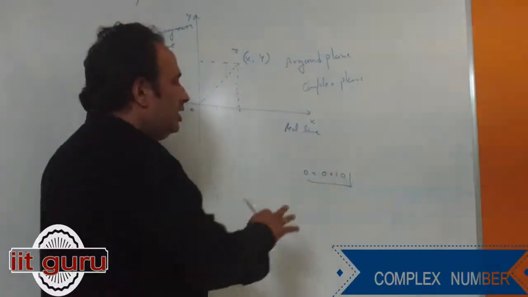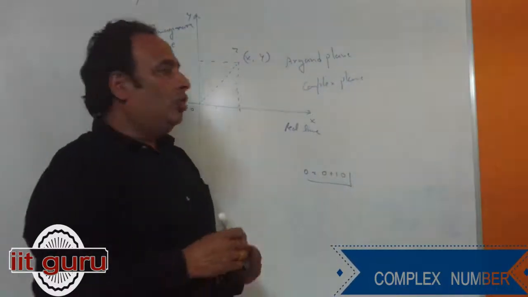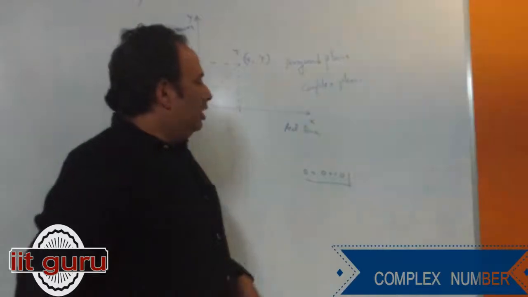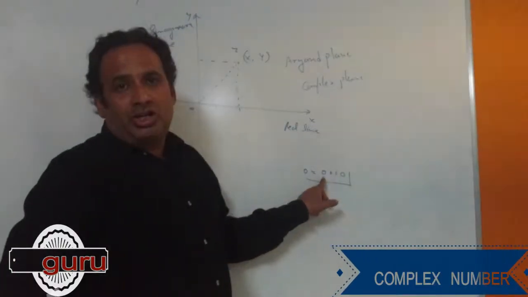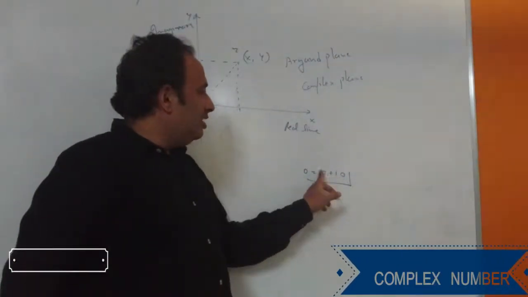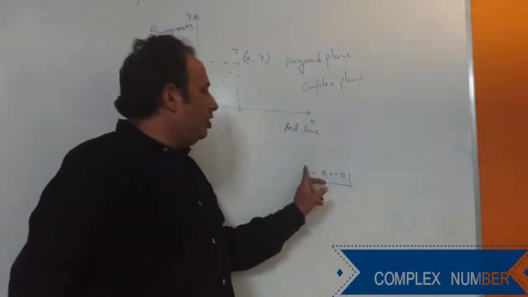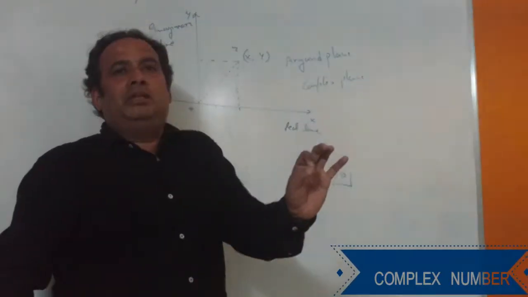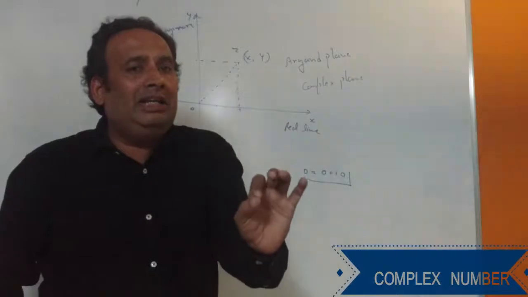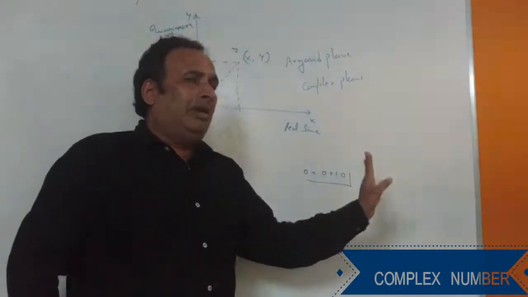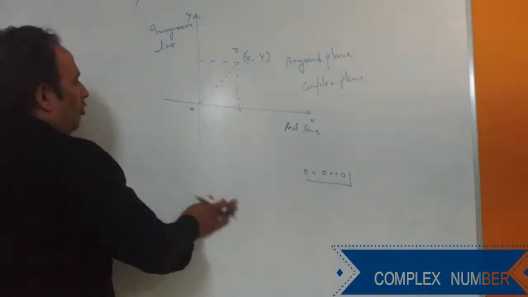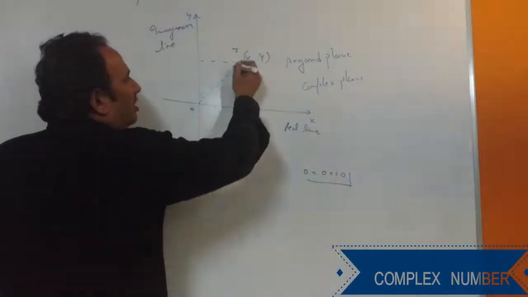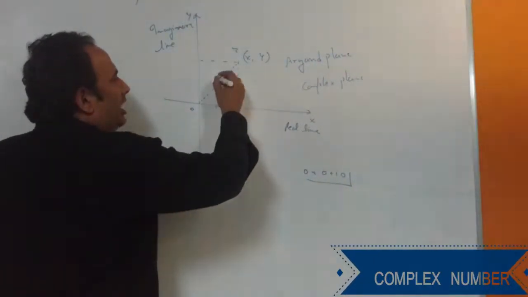0 can be said to be purely real, because its imaginary part is 0. 0 can also be said to be purely imaginary, because its real part is 0. So 0 is the only complex number which can be said to be purely real as well as purely imaginary simultaneously. Anyhow, from the 0 complex number, the distance of any complex number z is